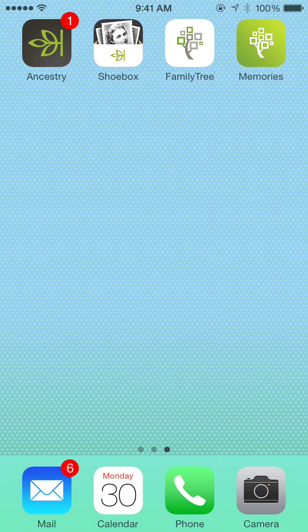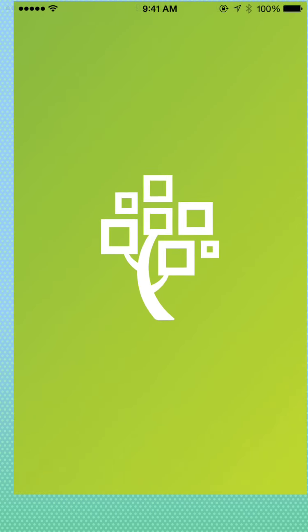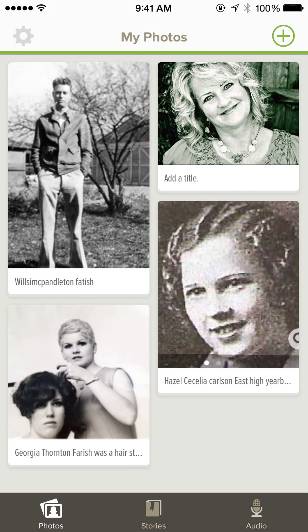So I'm going to go ahead and open up that Memories app by touching it with my finger. You'll see that it takes you to a screen, and at the bottom you'll see three icons. If you think of those as drawers, this is where we're going to store photos, stories, and audio of different family members in our tree. And we'll be able to organize those in different ways. But before we do that,